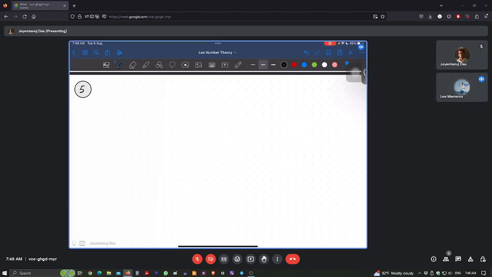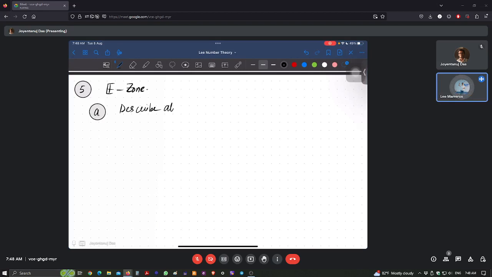So you remember the E zone that they have defined, right? They have a way of defining prime numbers. So they are asked to describe all the E primes. So you have a field of E zone, which is 0, 2, 4, 6, 8, 10, minus 2, minus 4. Okay. And then if you divide one with another,